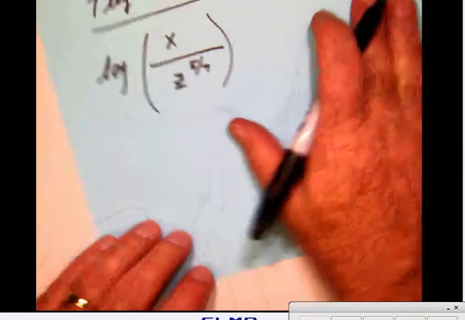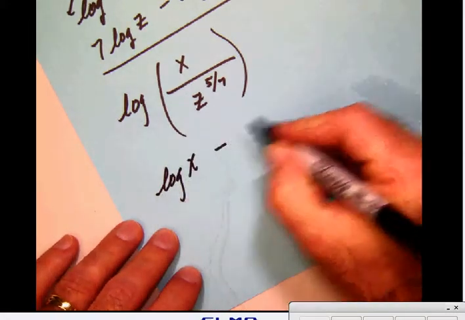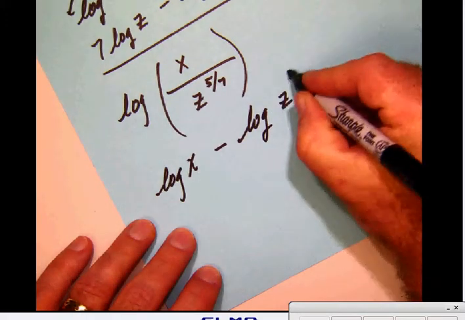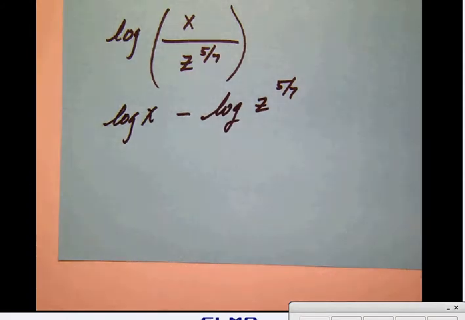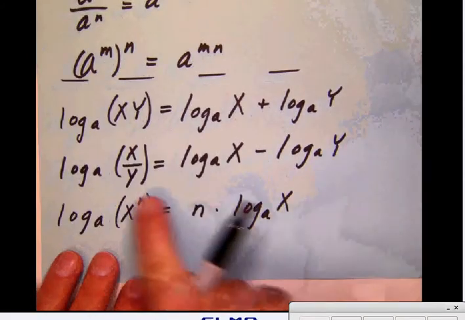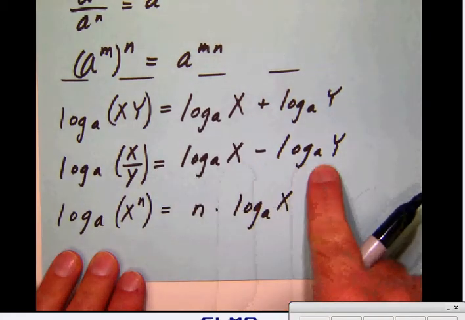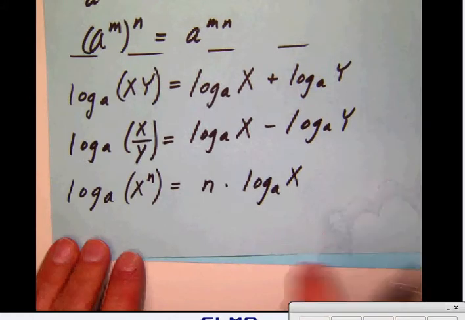Let's write a step. This is going to be the log of x minus, and then we will have the log of z to the 5/7. So there's our first step. Once again, what we're basically doing there is applying the second rule, the quotient rule, which says that you subtract the logarithms. Now, as you may guess here from the last one, we're also going to apply the third rule,